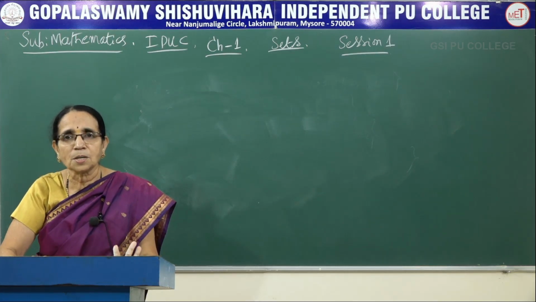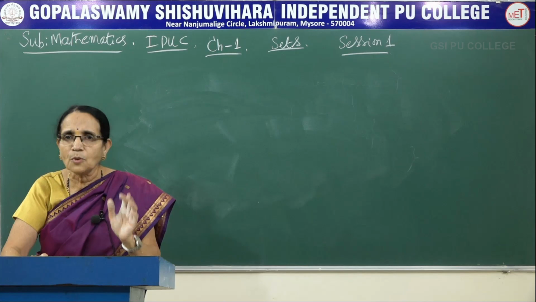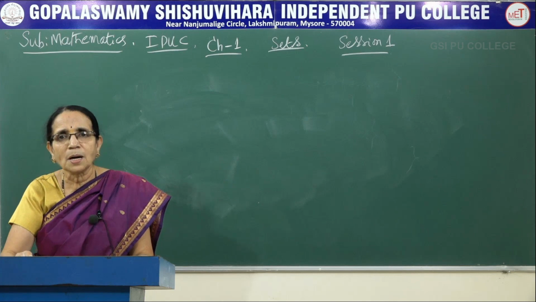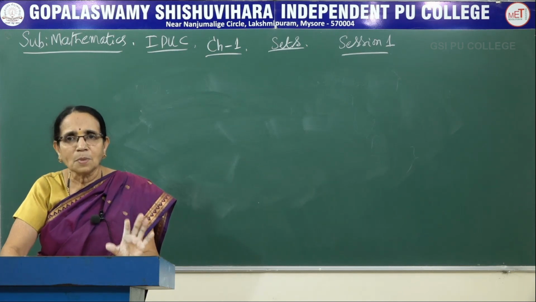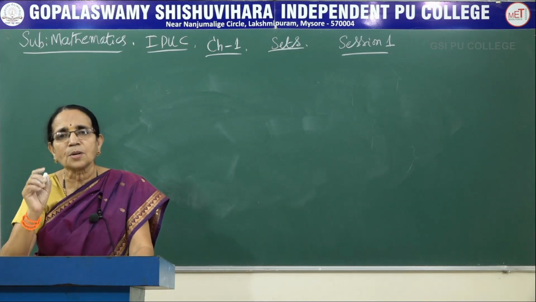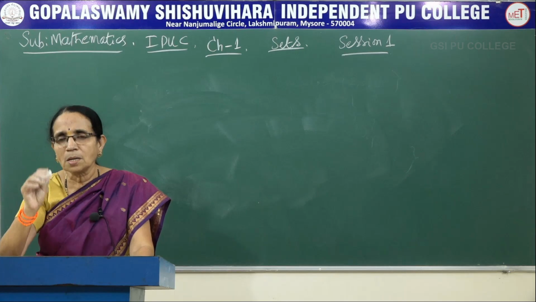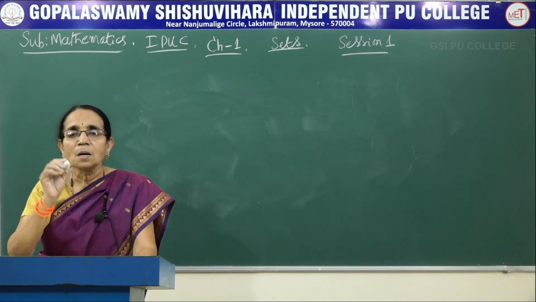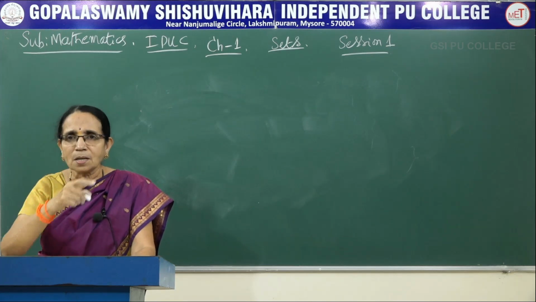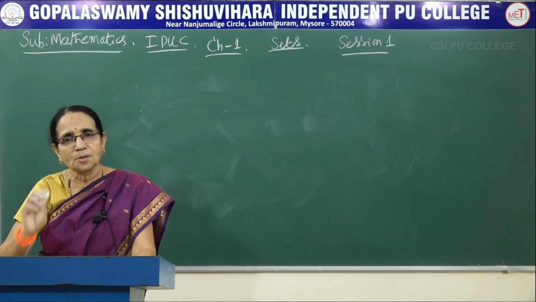So what have we learnt in today's session? We have learnt about the definition of a set. A set is a well-defined collection of objects, and objects are also called elements or members. Sets are denoted by capital letters of the English alphabet, and the elements are denoted by small letters of the English alphabet, and the elements are enclosed in a pair of flower brackets separated by commas. Now, if an element is in the set A, we say that the element belongs to A, and I have given you the notation. If the element is not there, we write the same notation with a cancel mark, and we read it as the element does not belong to the set.